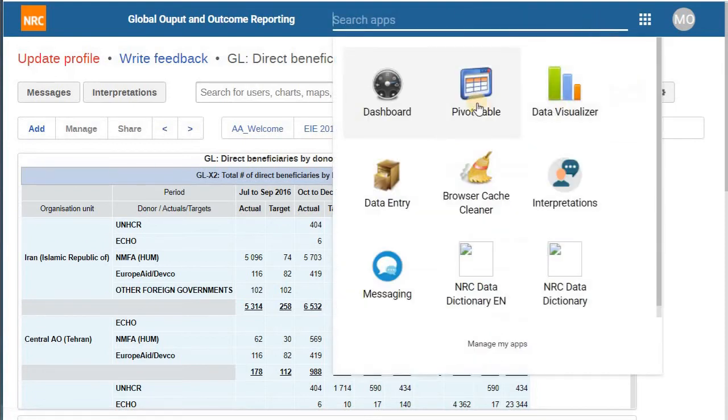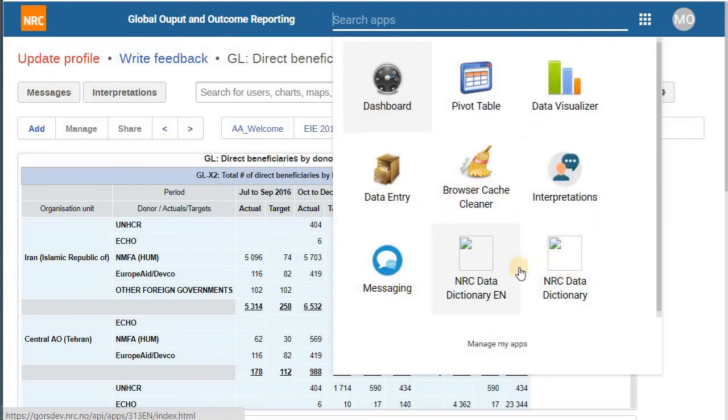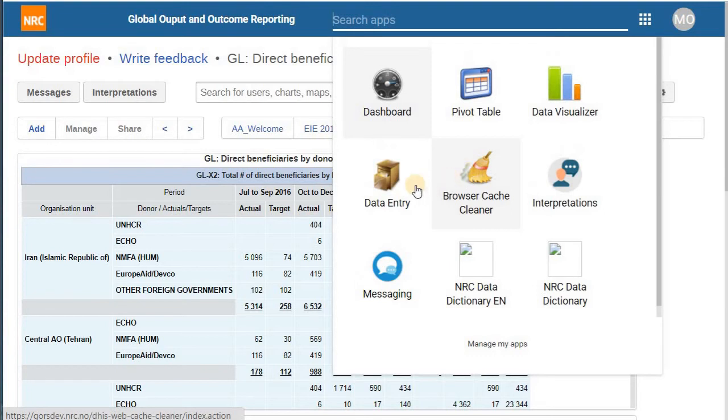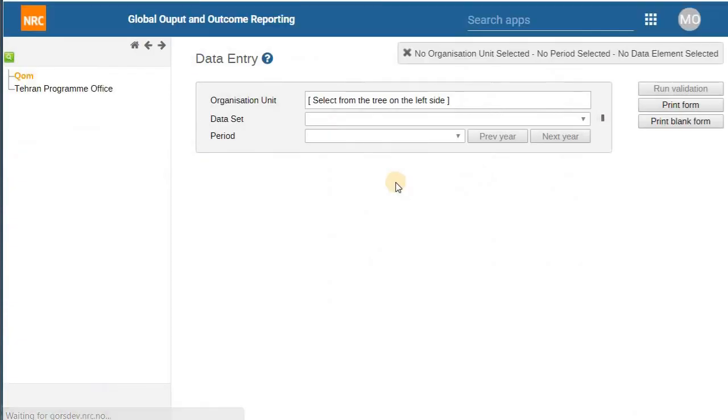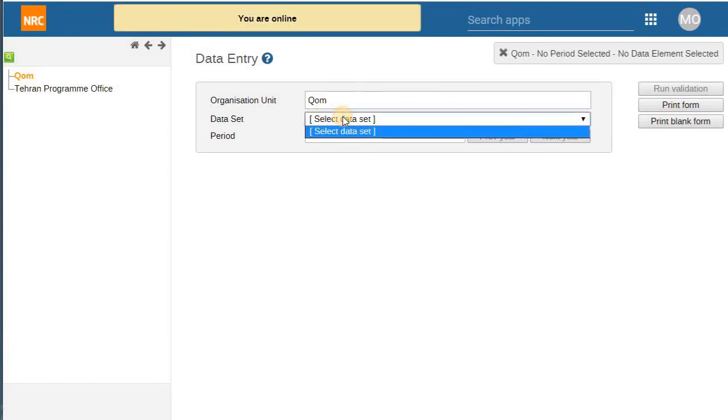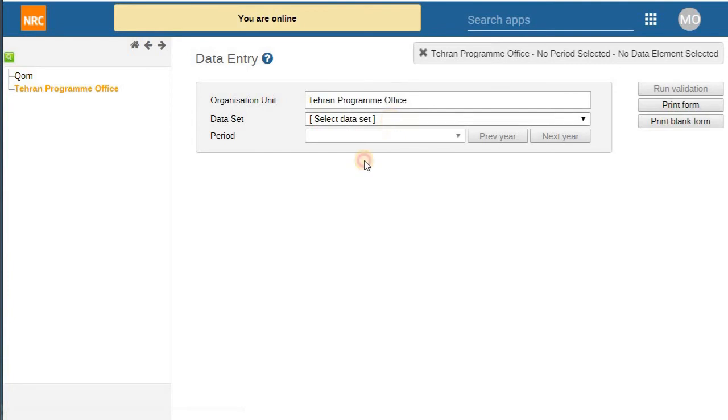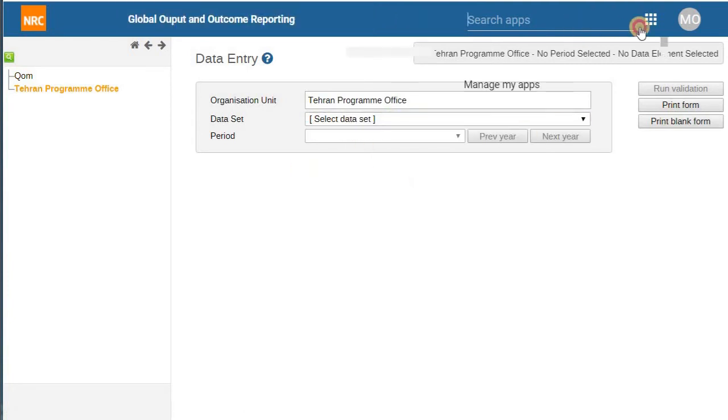If we go here, we can see pivot table, data visualizer, data entry, browser cache cleaner, interpretation, messaging, and these data dictionaries. So let's go to data entry. And now we see Qom and Tehran. We don't see any data sets. So we can't enter any data. And if we go to pivot table,